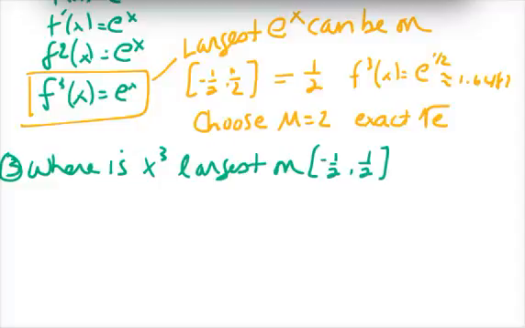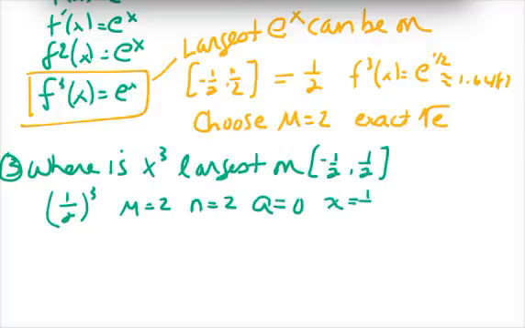So plug in all the information, right? And x cubed is the largest at 1/2. So let's plug in all the information. We know that m is equal to 2, n is equal to 2, a is equal to 0, and x is largest at 1/2. So R2